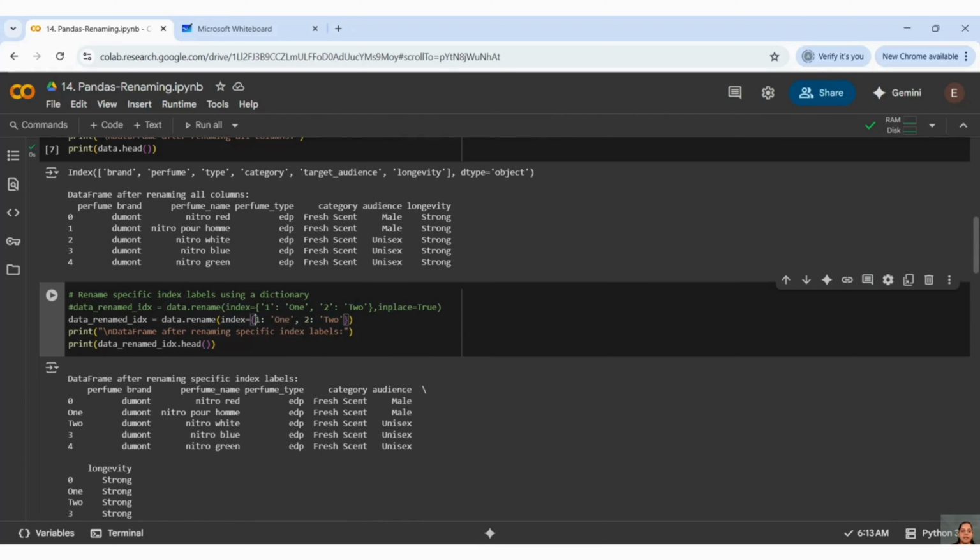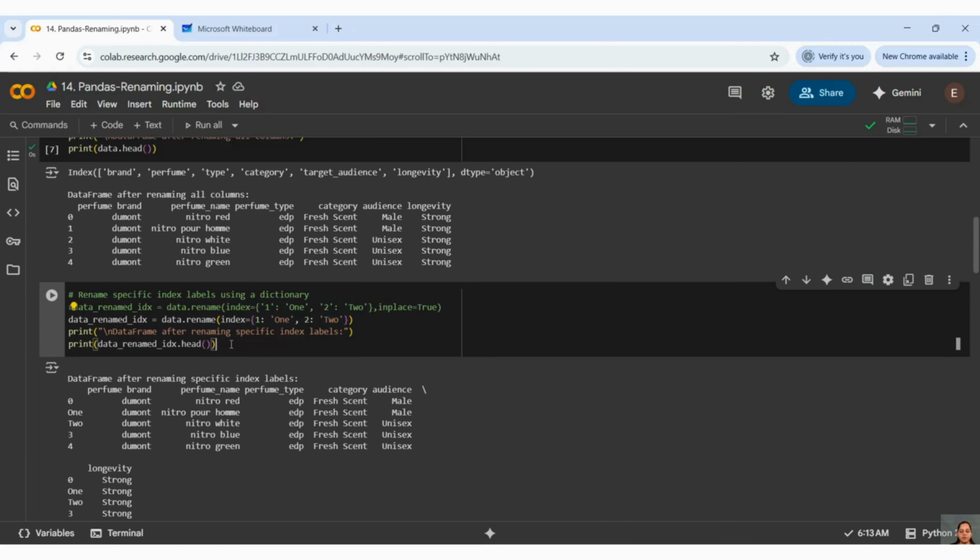So you can see in my dictionary what I have passed. These are my indexes, right? 0, 1, 2, 3, 4 like that. I am telling that I want my first index to be denoted as ONE in characters. Similarly, I am saying that my second index is denoted as TWO in characters.